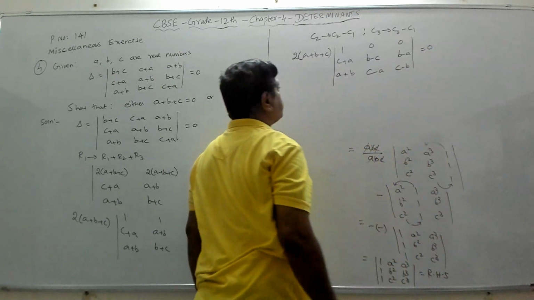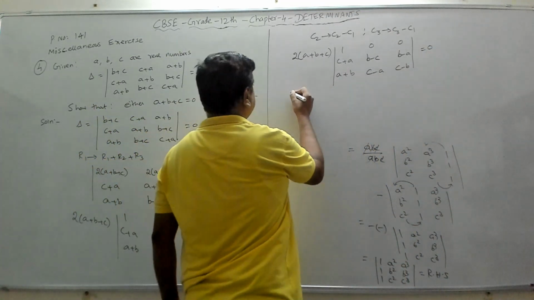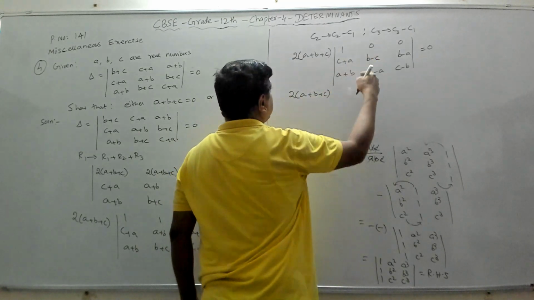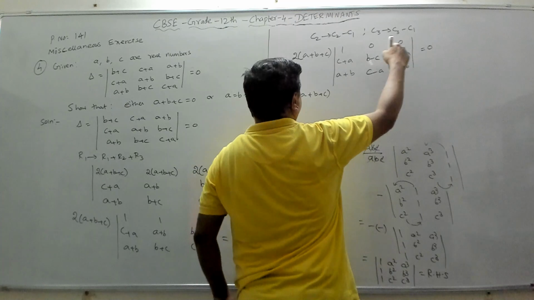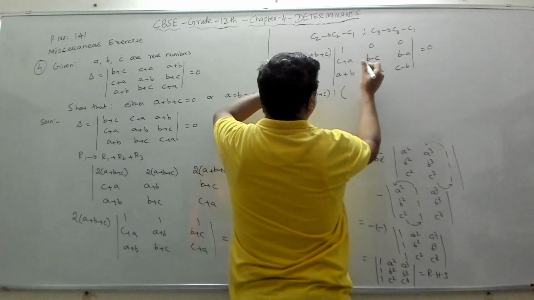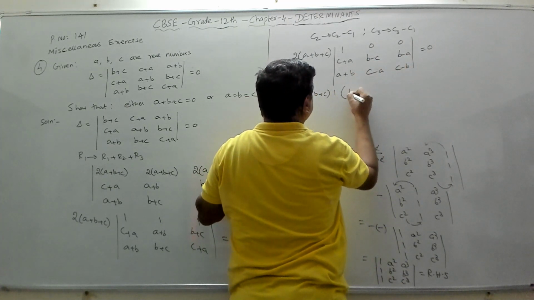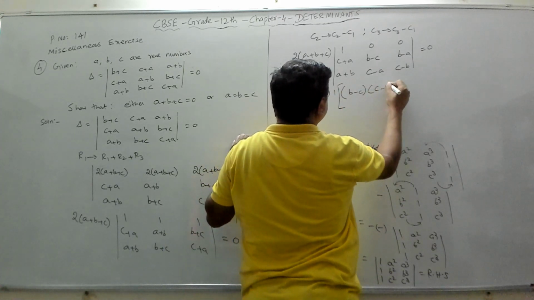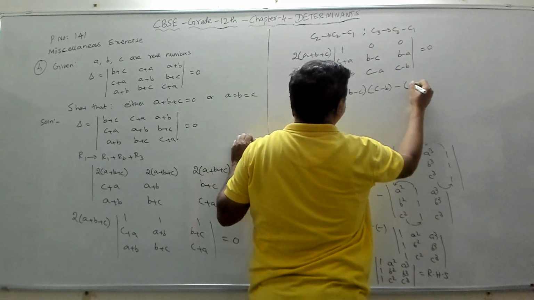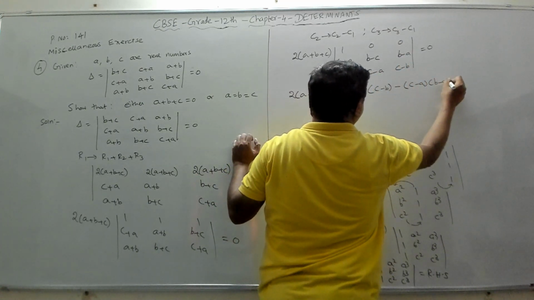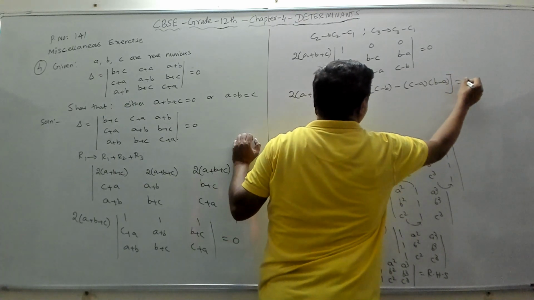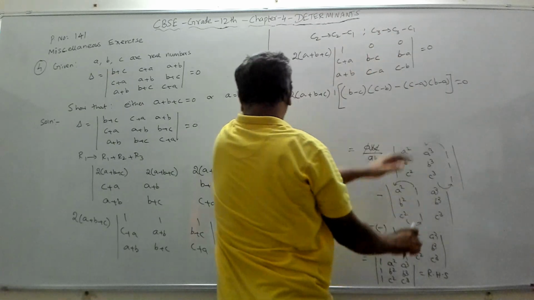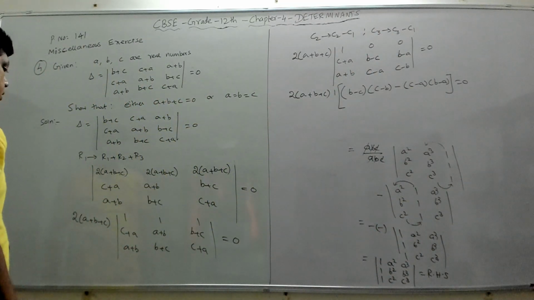Equal to 0. Right? Again, we'll keep this 2. We'll take it later to the other side if required. Now we can start expanding along row 1. So that will be 1 into this into this: b minus c, this whole thing, (b minus c) into (c minus b) minus (c minus a) into (b minus a) equal to 0. So if you close this, it is this into this, minus this into this. Fine.